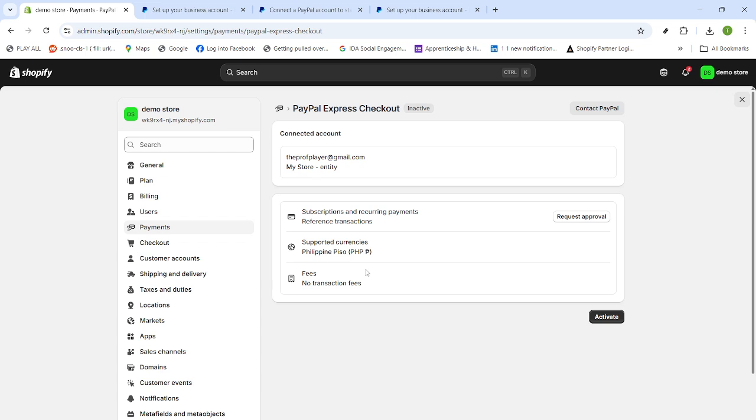If you don't see the option at checkout, clear your browser cache or try a private window, then recheck your payments page to confirm activation. That's it. Your Shopify store